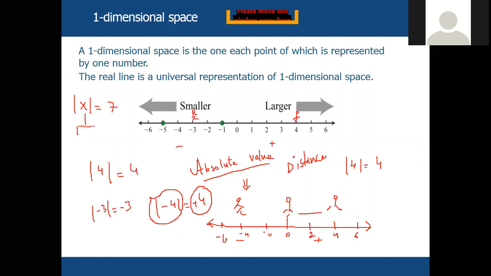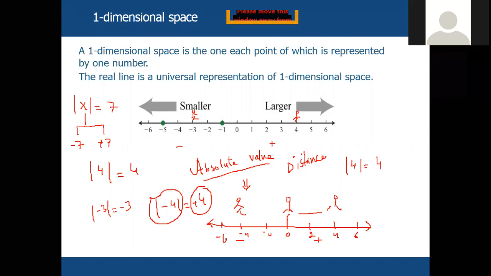We don't know x. Yes, anyone? X is a number we don't know, but the absolute value of x is 7. So what is x? It can be -7 or 7. Okay, great, Maha, excellent. Two values are possible, minus 7 or plus 7, because both minus 7 and plus 7 are 7 units away from 0. Excellent, Abdul Hamid and Khadija, excellent.